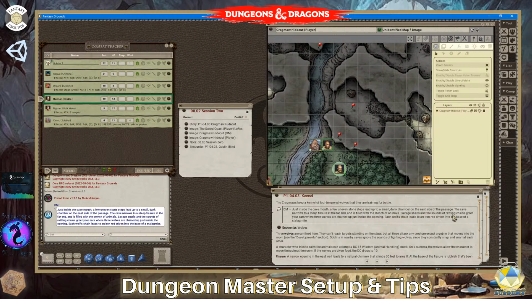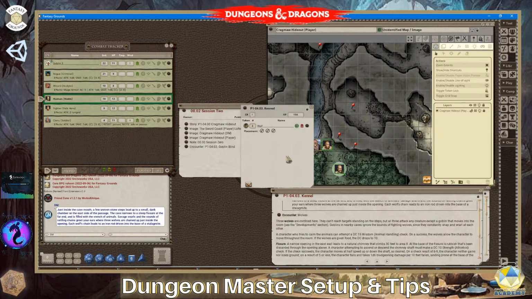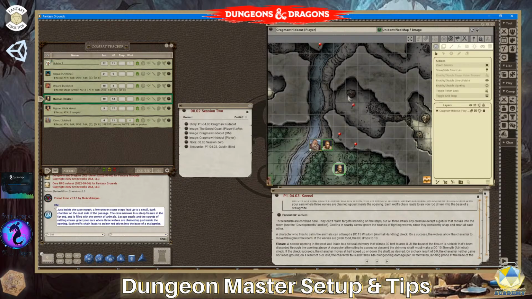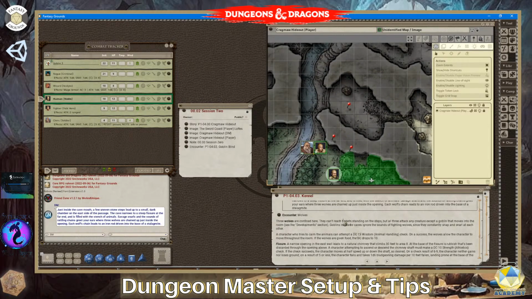Savage snarls and the sounds of rattling chains greet your ears when 3 wolves are chained up just inside of the opening. Each wolf's chain leads to an iron rod driven into the base of the stalagmite. So there's an encounter that comes up in this. It could be a potential fight there. And then there's a map here. It's kind of a crowded area,